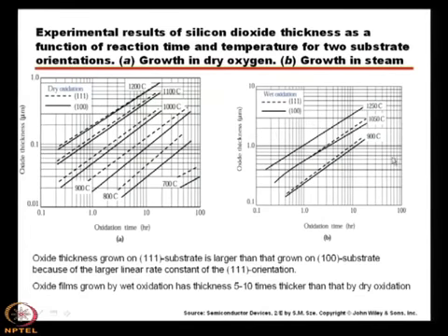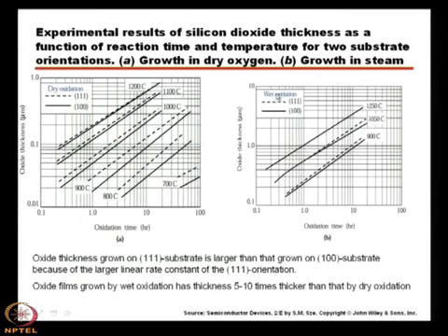Here the same thing is shown at 3 different temperatures: one is 900, another is 1050 degree centigrade, and the third one is 1250 degree centigrade. Remember that here also the dotted curves are for the 111 substrate and the solid curve is for 100 crystal orientation